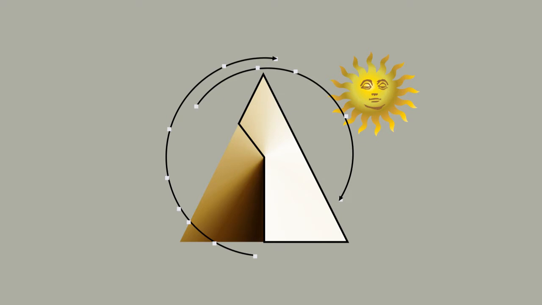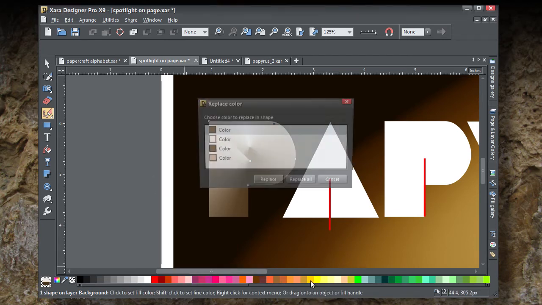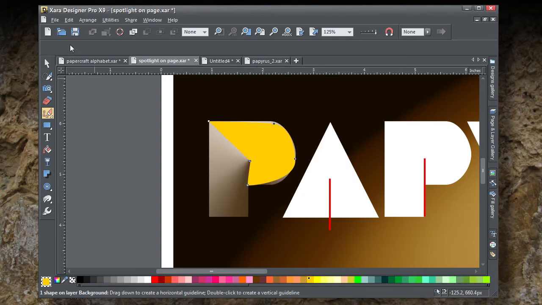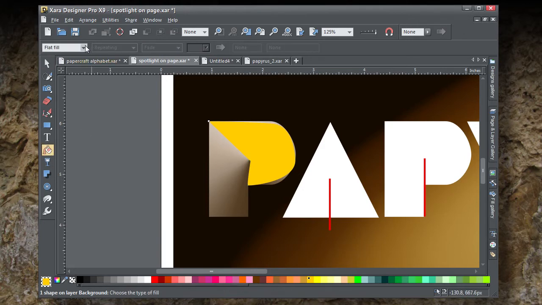So let's begin with the finished composition. We've got the P, and what I want you to do is to trace around to create that second shape, and you could of course clone it and then subtract it, but this is just going quicker. And what I'm doing is subtracting all the colors from that color gradient due to the fact that those colors are wrong. So what I'm going to do is to go back to conical fill,